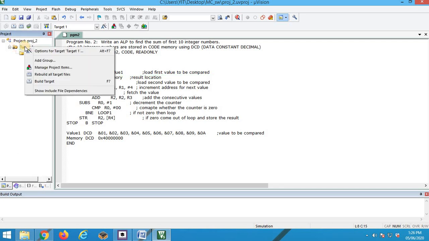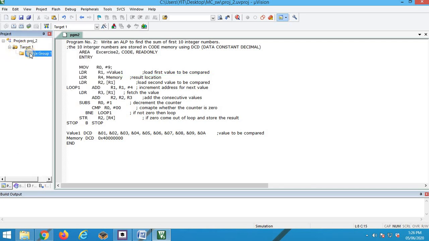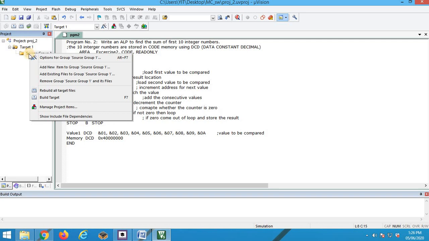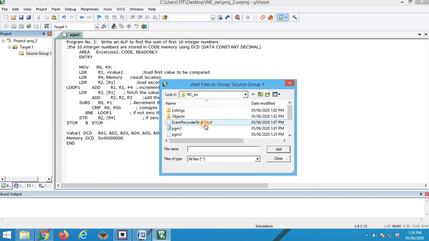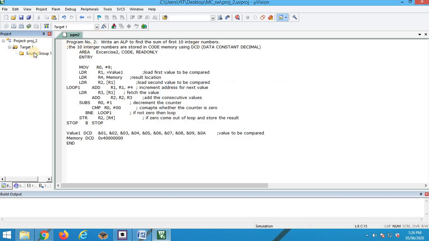What you need to do is click on source group, right click, then add existing files. So already I have created the program, so I am going to add that existing file to this particular project. So here you need to select program 2. Okay. Then I think while saving I made a mistake. It should be saved with the .asm extension.